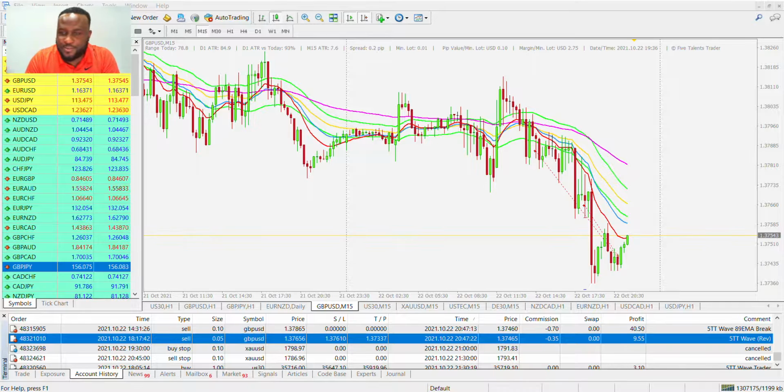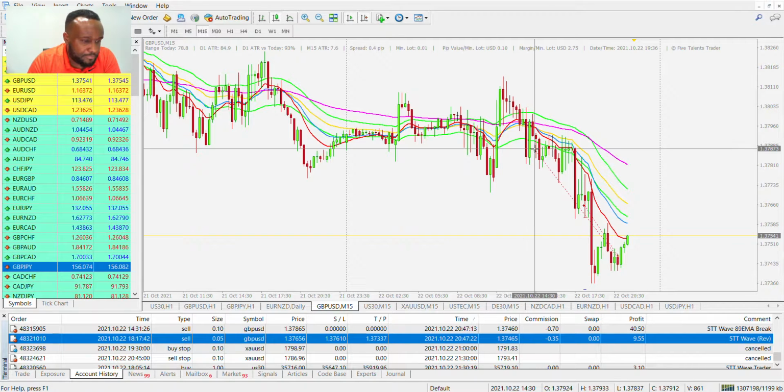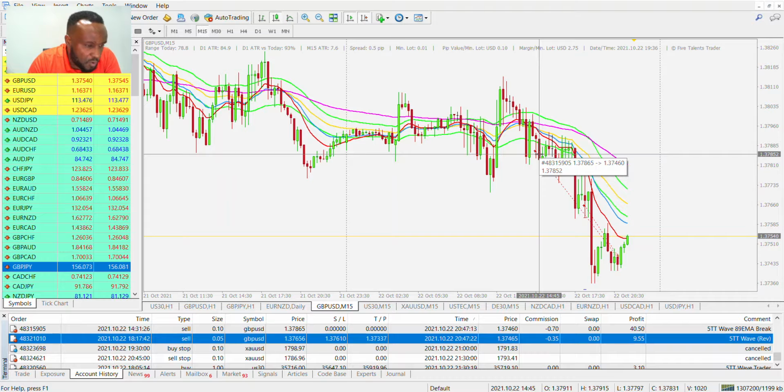Right, so let's do another 90 seconds from today. These are some trades on GBP/USD today. And so again, this is a wave strategy again. So we had an entry here, which is based on the